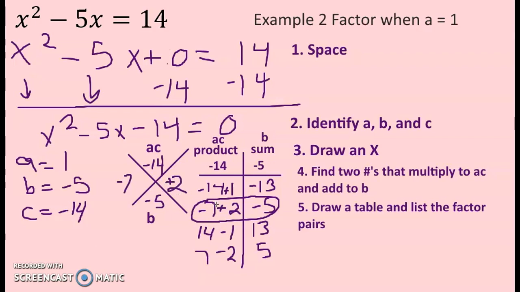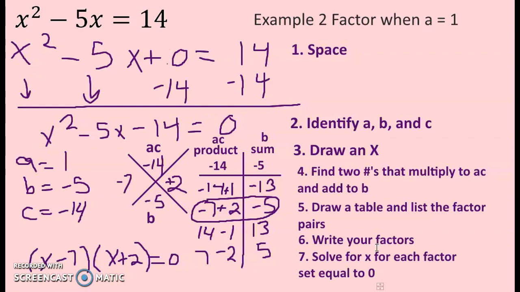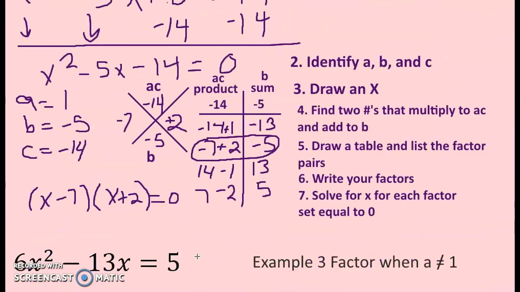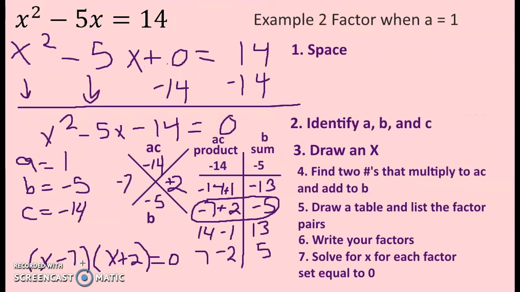So we have -7 and +2. From here, we're going to write our two factors. We have x minus 7 and x plus 2 equals 0. The last step is to solve for x for each factor set equal to 0, just like in the previous example, where we used the zero product property. We separate x minus 7 equals 0 and x plus 2 equals 0 and solve